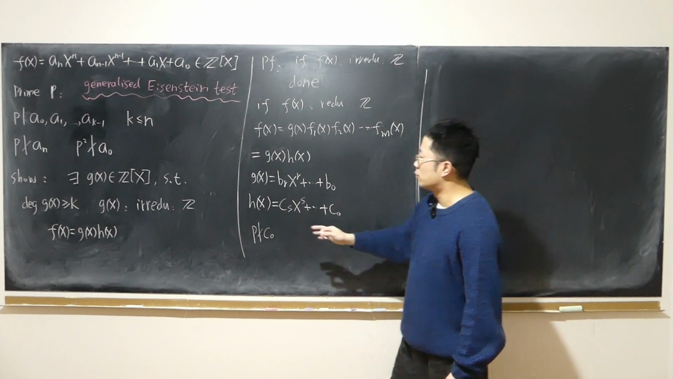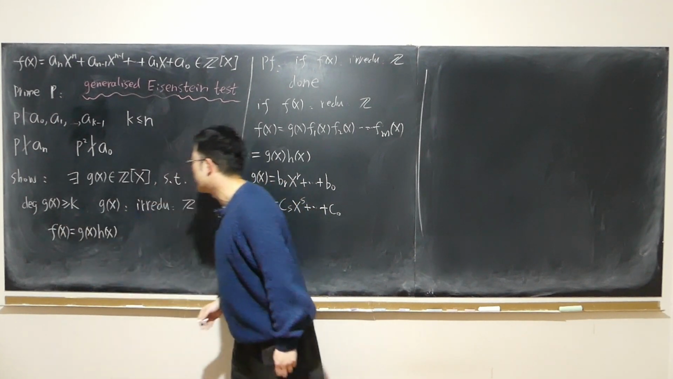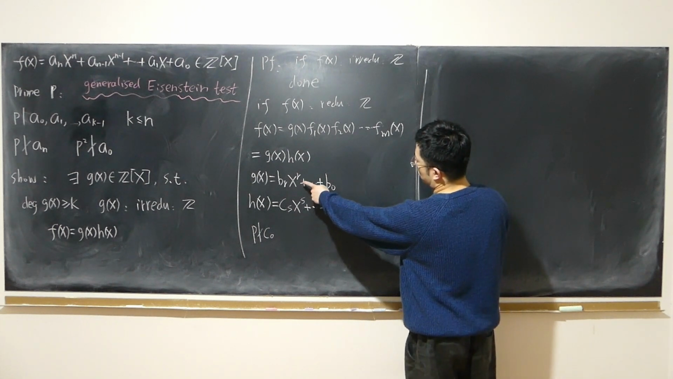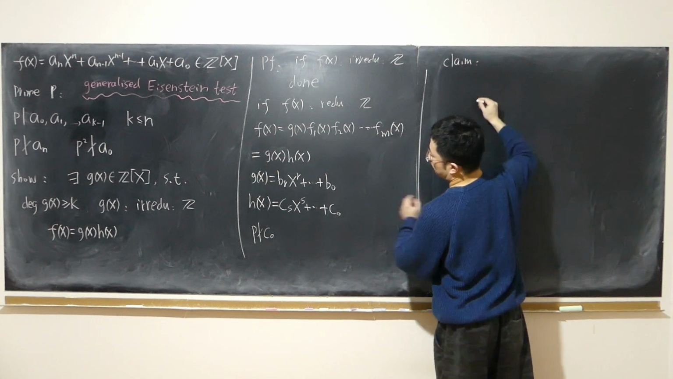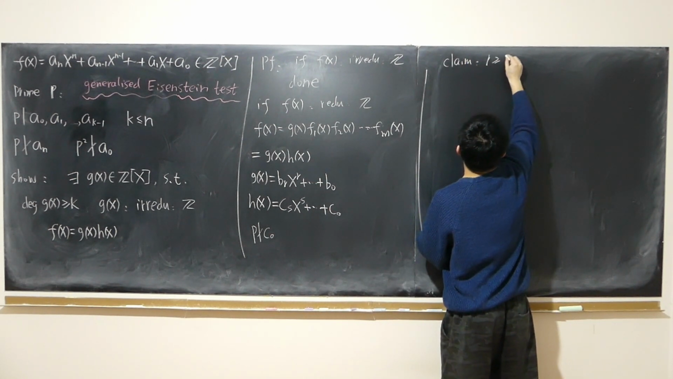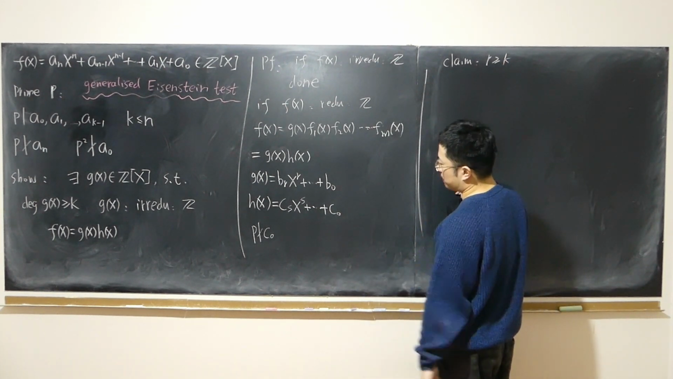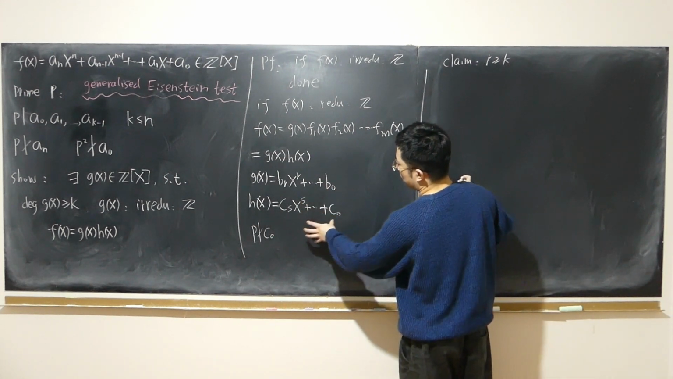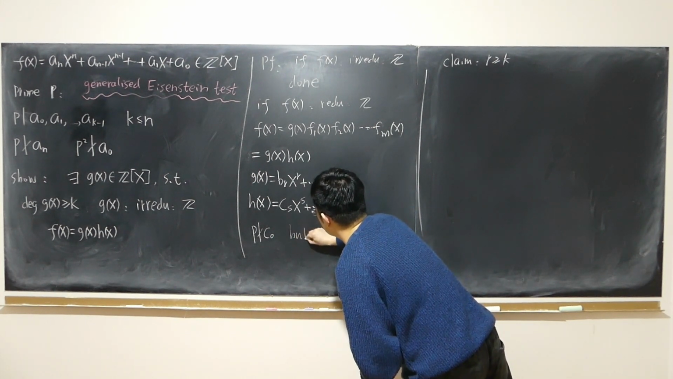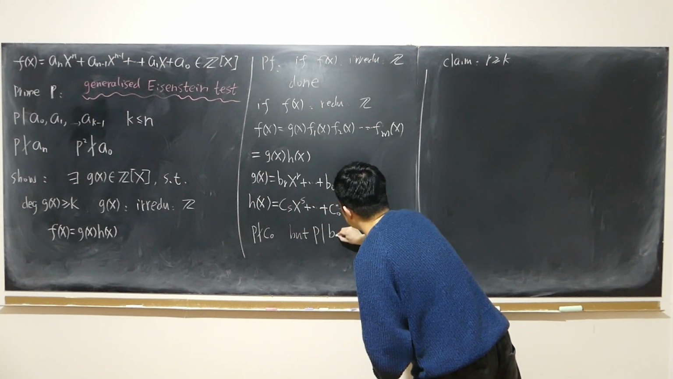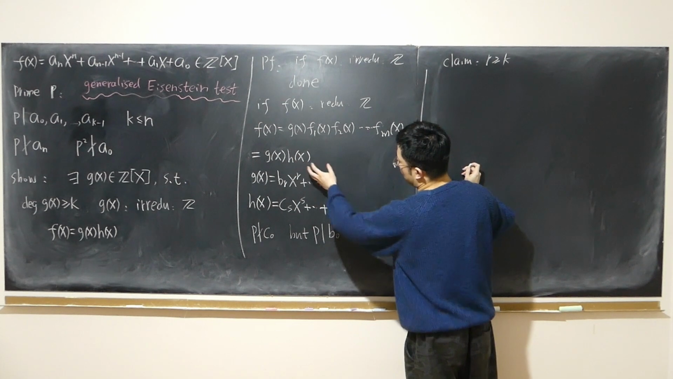The only job now is to prove that the degree of g is greater than or equal to k. In other words, claim r is bigger than or equal to k. So far we've established that P cannot divide c naught, but P can divide b naught. Because like I said, once we rewrite f(x) into g times h, we can